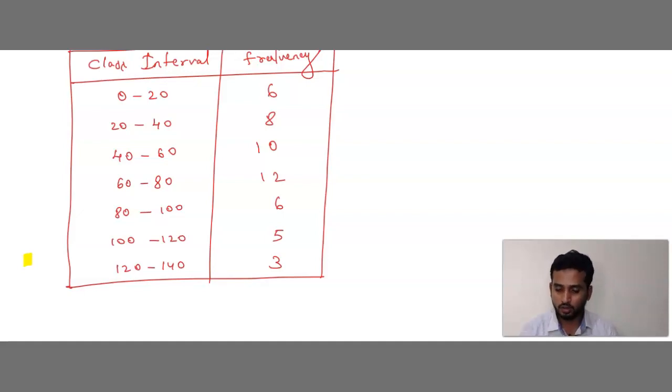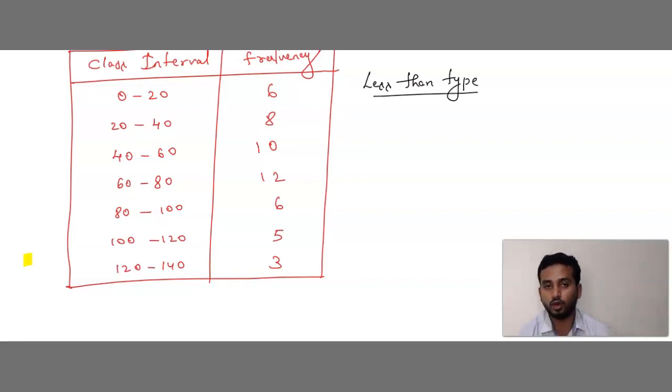It's done? Good. Now what we do here is simple. It's very easy, median. I'll solve here itself, but the solution you have to solve below the table. Anyhow, you will get the question paper, no need to worry. So first, I'll solve by using the less than type method. Even the same procedure you have to apply to construct the table for the ogive curve. See here, first we write midpoints.